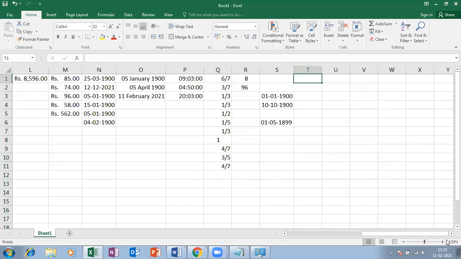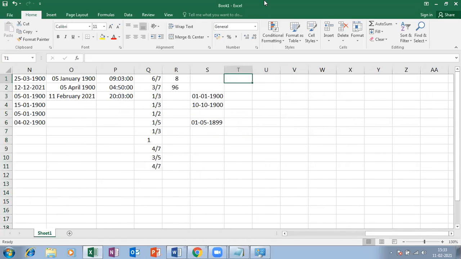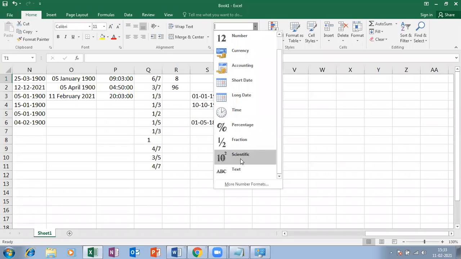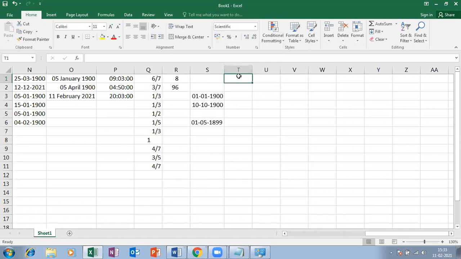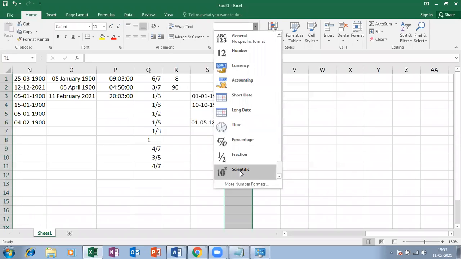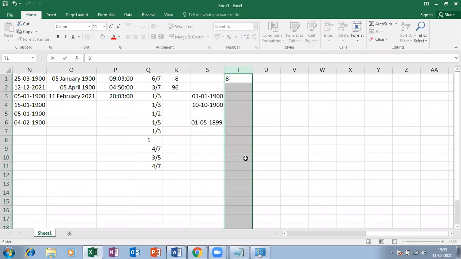And one more column, let me select here on the right side. And then the last option we are going to choose is called scientific. Let me select the entire column, select scientific. So whatever value I'm entering, the scientific value of that particular one will be shown.